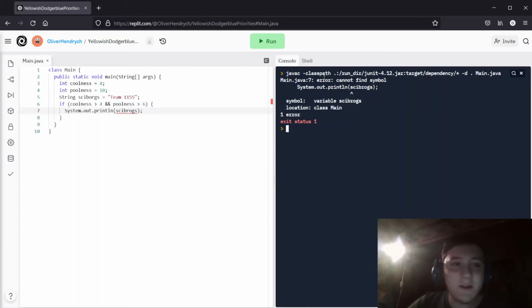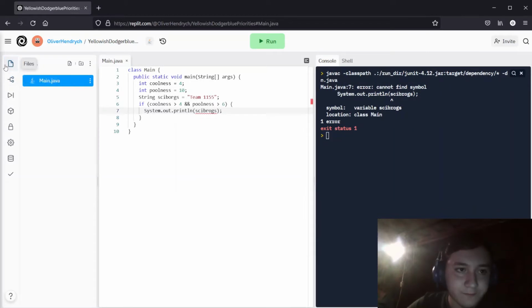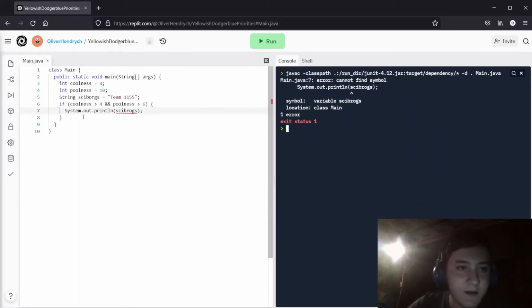So what's the most important thing? I would say the most important thing in here is looking at this: Main.java, that tells us the file we're in, right? And then 7. So that tells us on line 7, there's something wrong. We can see this is underlined in red. Well, let's say it wasn't like that. We can see,